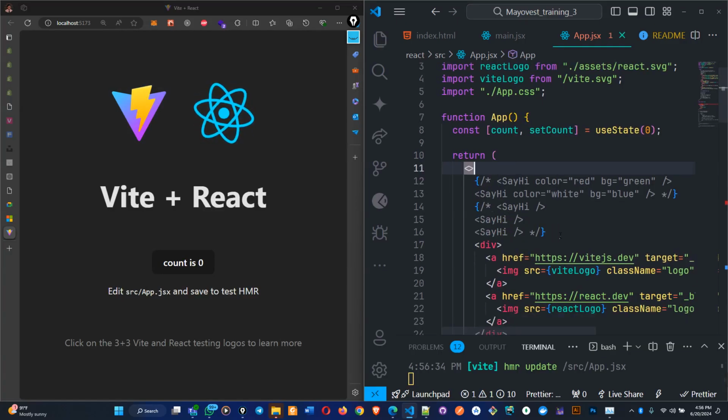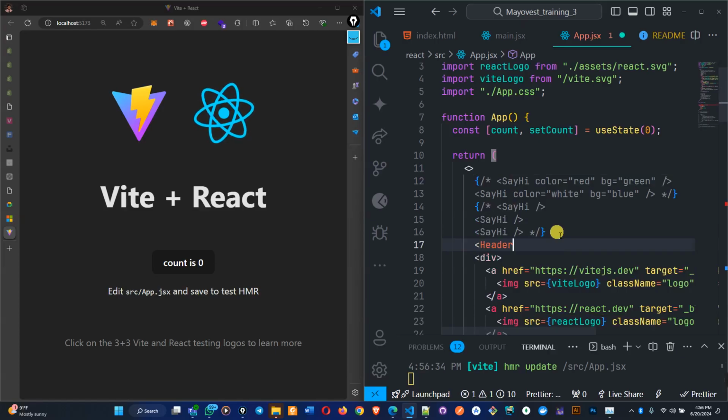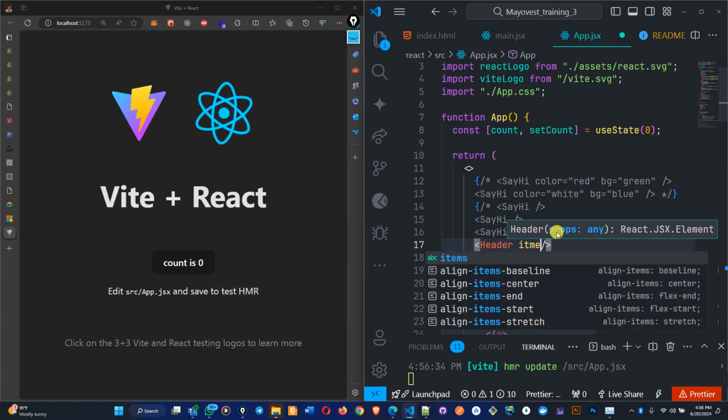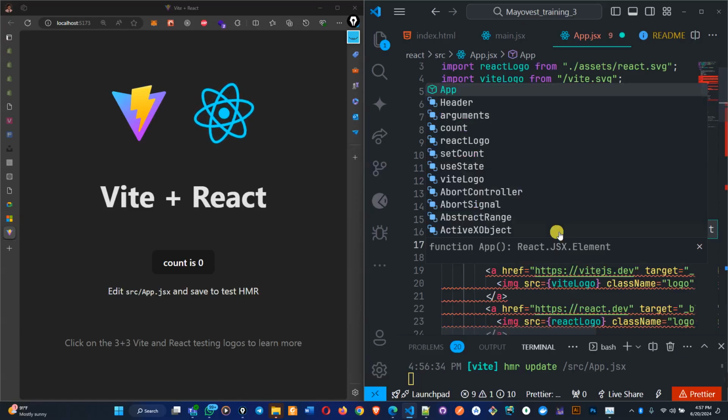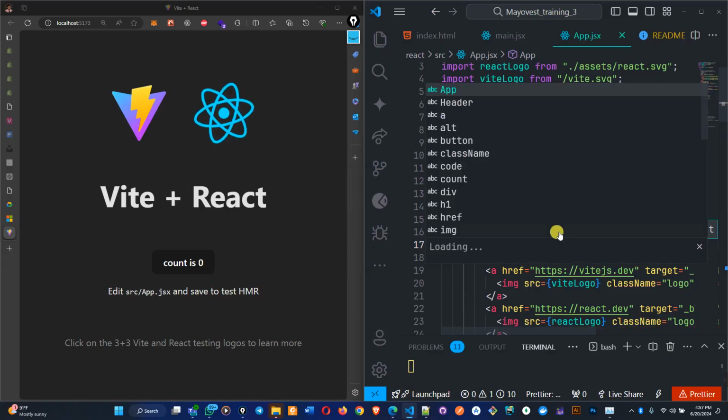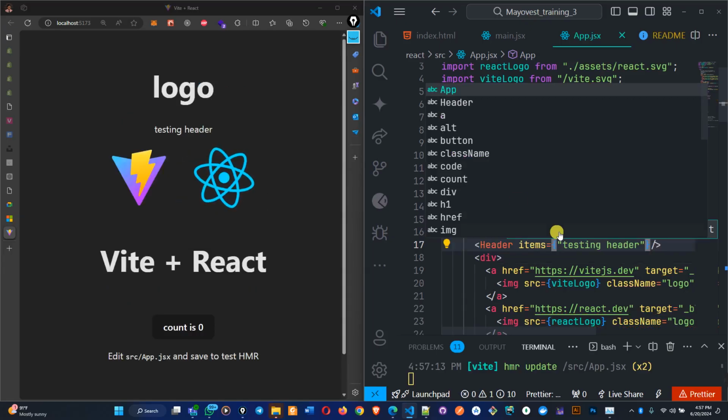So let me put it before this div. So I can call my header, and here I can pass the items that I want to send down into it like that. So what items did I want to send? I don't want to send testing header like this. So close it, and if I save these items on the page, we should kind of have our